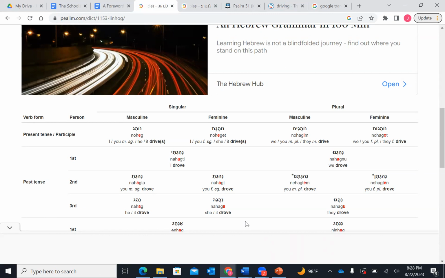It's not perfect Hebrew vernacular, but it is legible. You know what I'm saying? It is intelligible, and that's where you start. That's where children start. That's where people who learn foreign languages start. And we think that we're going to wake up one day and just speak perfect Hebrew and write songs like David. Nah, bro, it takes time.